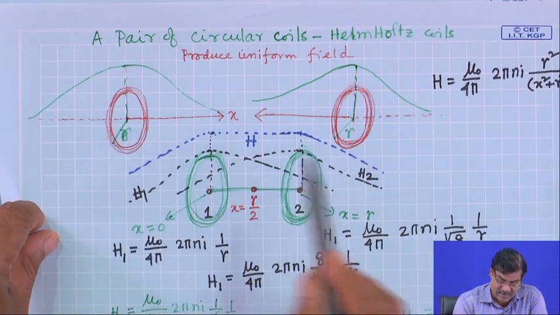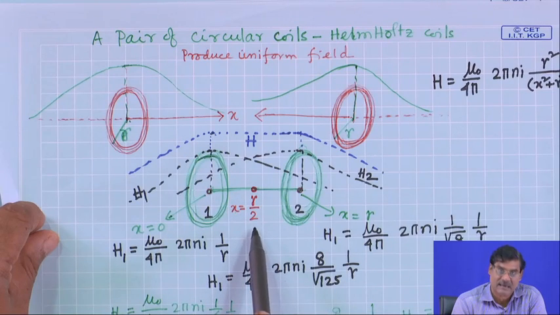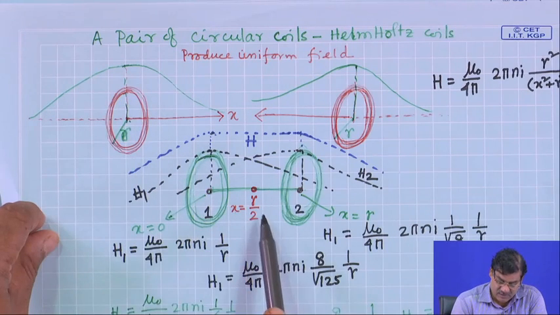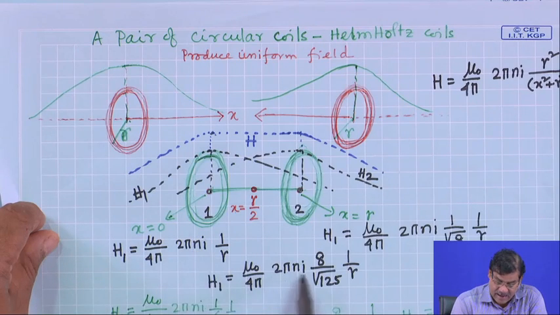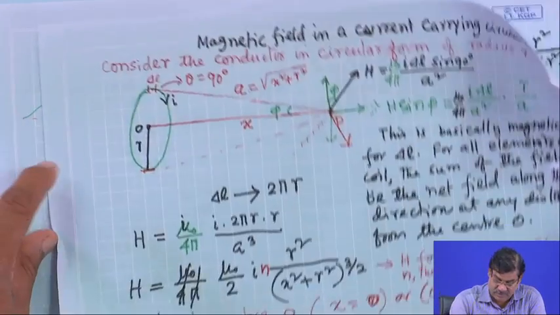At distance, say x equal to r by 2. R is the radius of the coil. So, what will be the magnetic field? It is mu 0 by 4 pi, 2 pi n I, and from this formula,